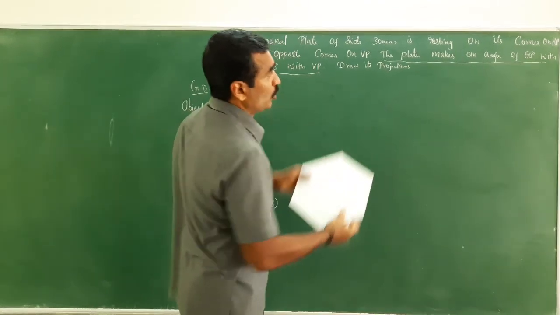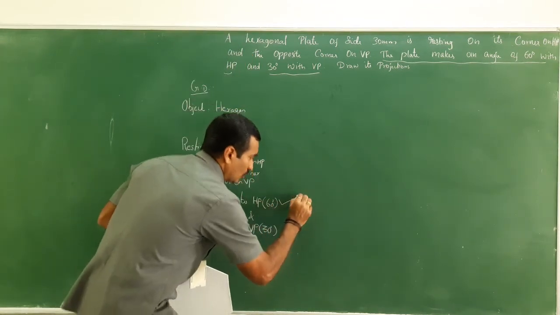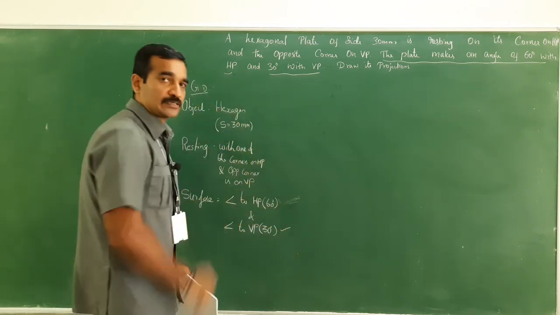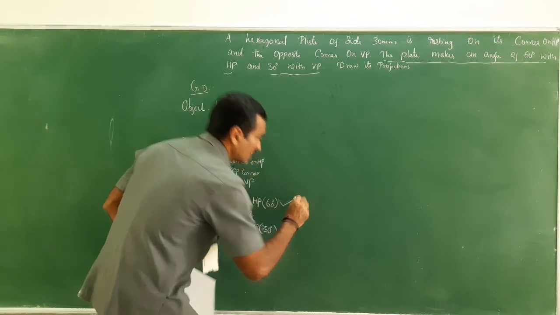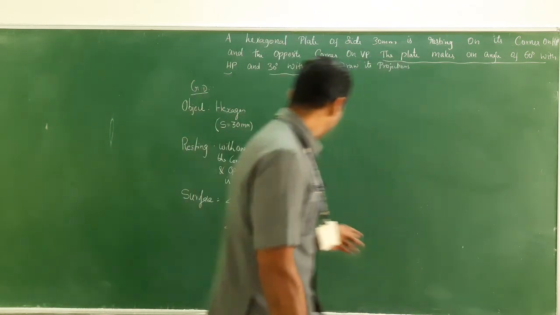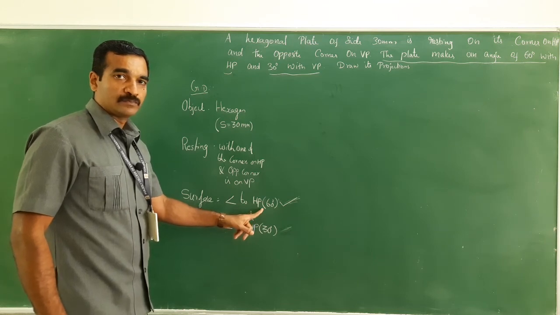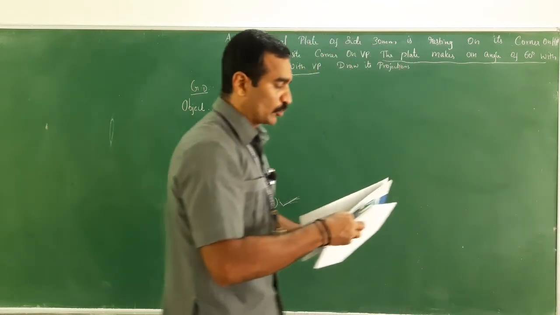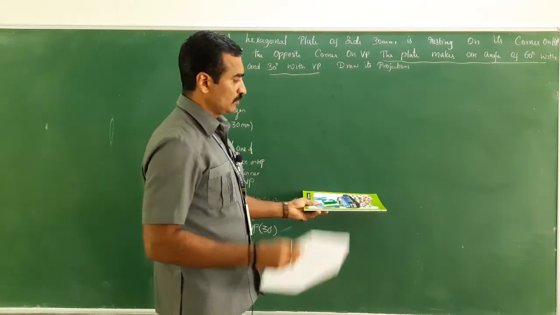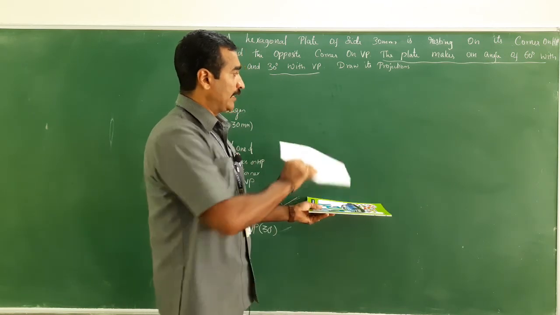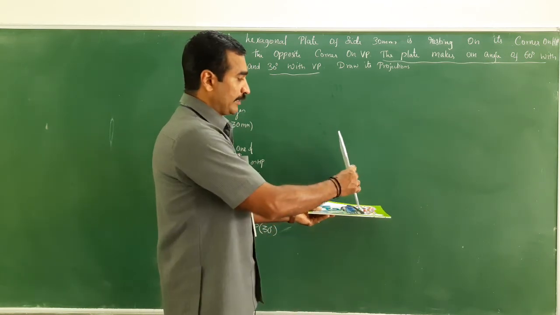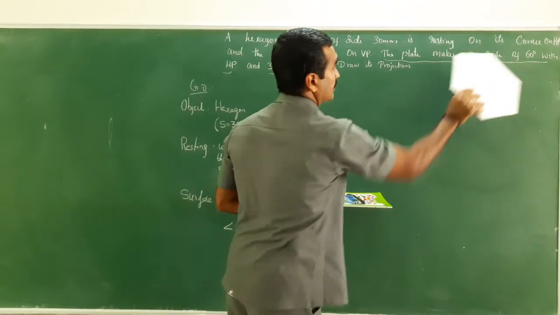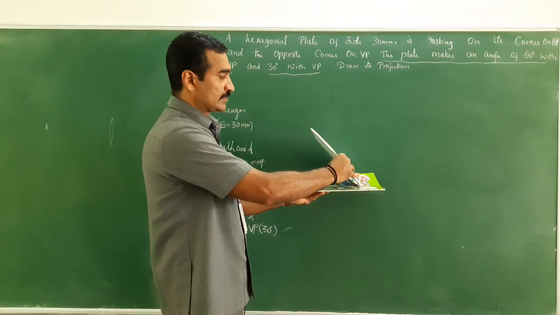But in this case, I am going to choose this alone. Nothing wrong if you consider the other and leave this. But here I am going to consider one surface inclination, that is HP. Right? So the final position could be, assume this is the horizontal plane and the board is the vertical plane. Now the object is tilted so that the surface is making 60 degree with HP.